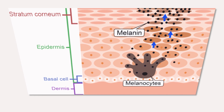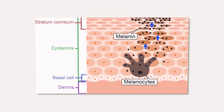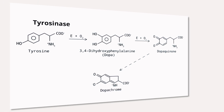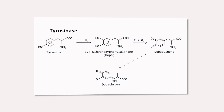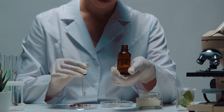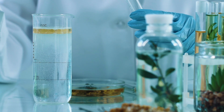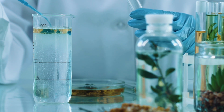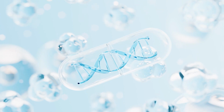Now, what creates melanin, the pigment within the skin, is cells called melanocytes. An enzyme called tyrosinase is what communicates with the melanocytes to create more pigment to protect your skin. When it comes to choosing the correct skincare ingredients to treat hyperpigmentation, the best options are tyrosinase inhibitors that stop the communication to the melanocytes, and also ingredients that prevent the transfer of pigment from the melanocyte to the keratinocyte